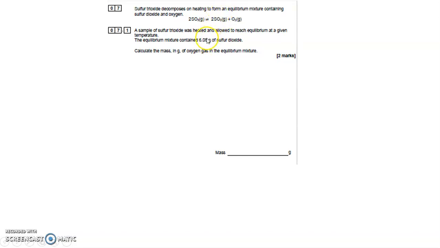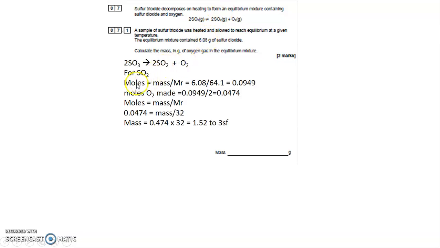I've got a mass, I've got an MR, so I can calculate the number of moles. Moles is mass divided by MR. 6.08 is my number of grams. MR is 32.1 for a sulfur, 2 times 16 for an oxygen, which is 64.1. That gives 0.949 moles of this. But every time 2 moles of sulfur dioxide is made, only 1 mole of oxygen, half